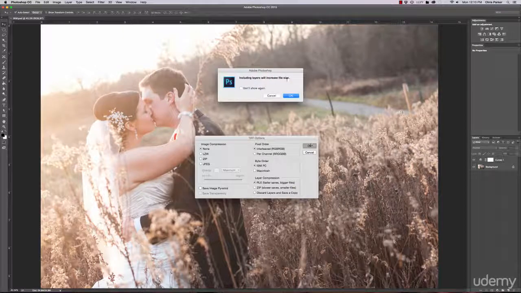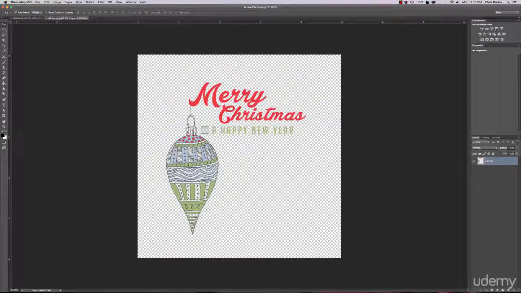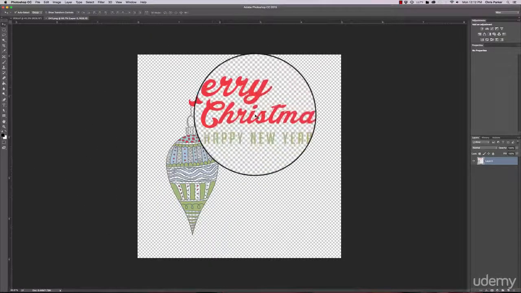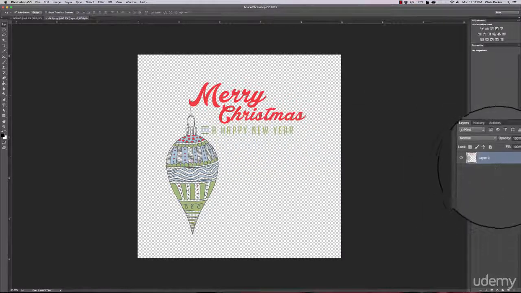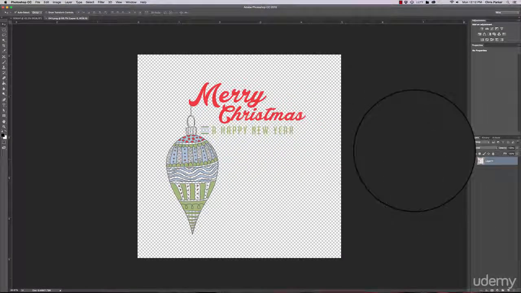Another popular file format is PNG. I'm going to go ahead and open up a file that I've already saved as a PNG file. So in this design, I have a Christmas ornament, I have some text, and it's all on a transparent background. There's no background layers, no white, no black, no backgrounds at all. So I would save in this file format